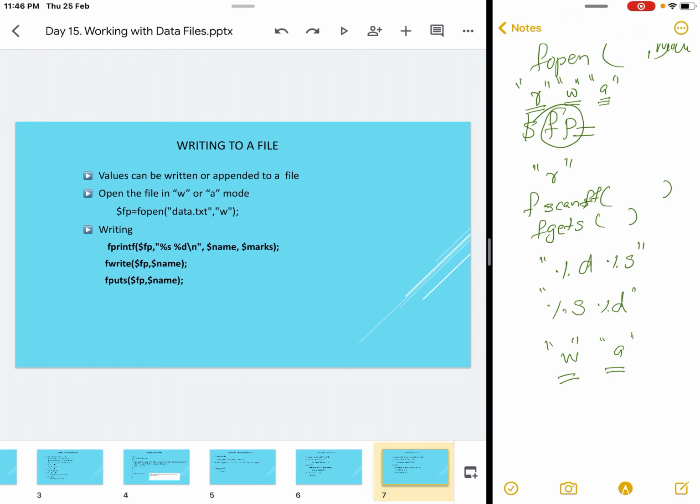If it is opened in A mode, append mode, the content of the file will be retained, and before writing into the file the pointer moves to the end of the file, and the writing operation starts from the last position. So every time content is being appended to the existing file. After the read or write operation, the file must be closed using the fclose method.